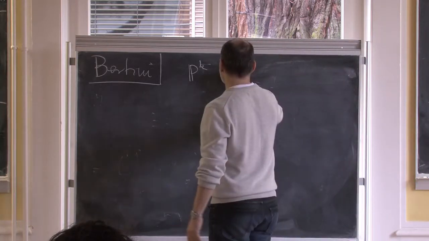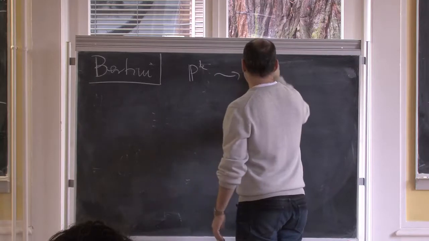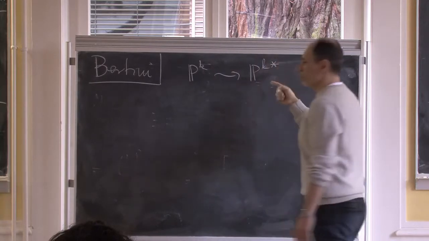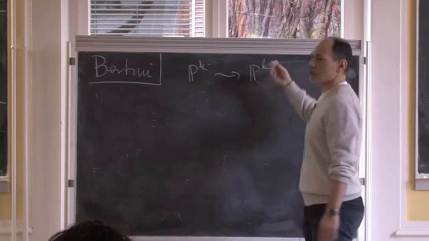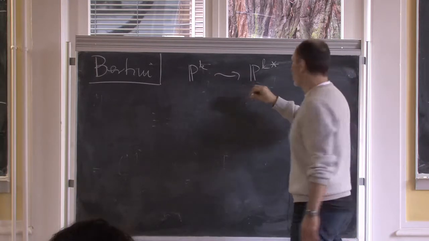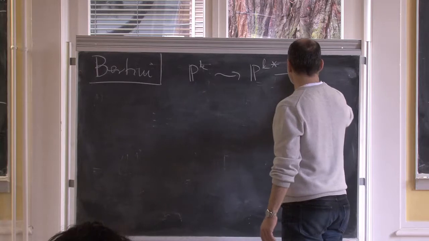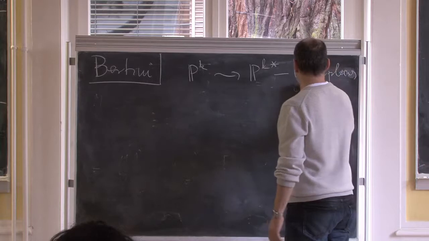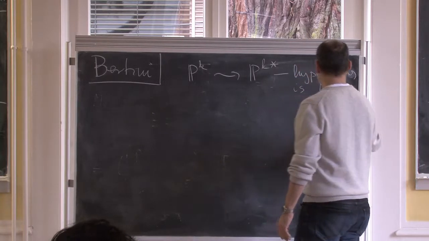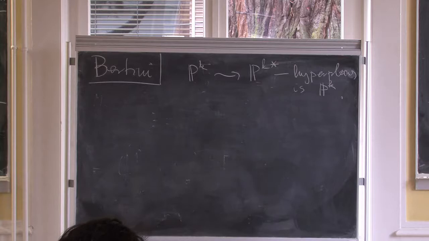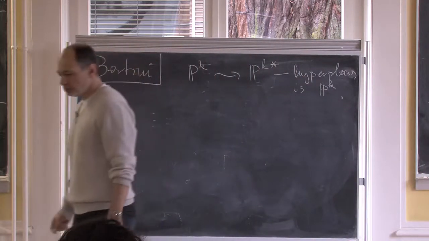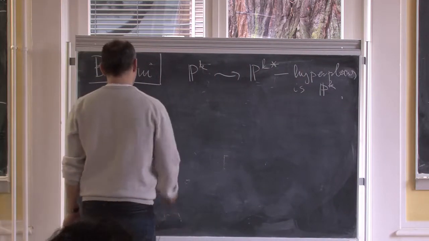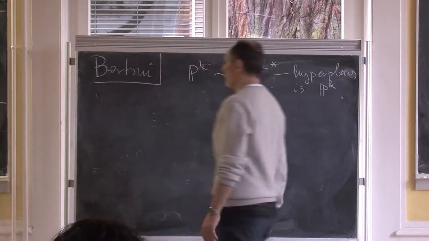So I can define this P^k star space, which is simply the projectivization of the dual, and each point here is just a hyperplane in P^k. So the space of hyperplanes in P^k forms another projective space, which is the dual projective space. And Bertini says the following, I'll maybe say slightly more generally: